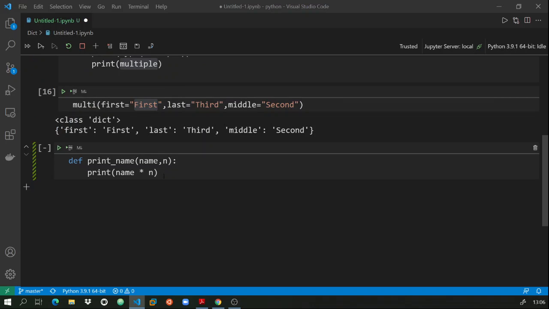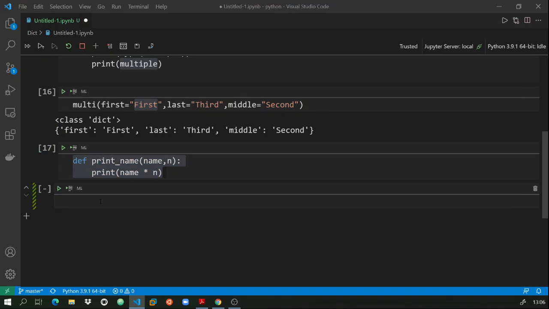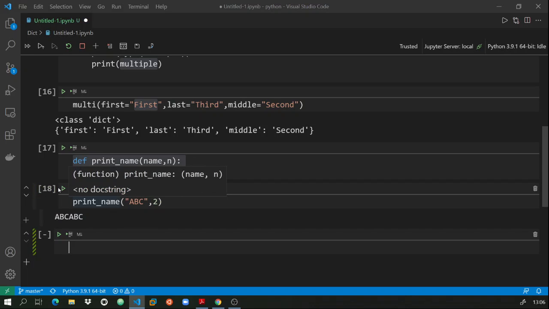Let me show it to you, then it will be more clear. See, we have defined this. If we call print name and we give the name as suppose ABC, and we suppose we want to print it two times, and if we execute this particular part, you can see ABC is printed two times.